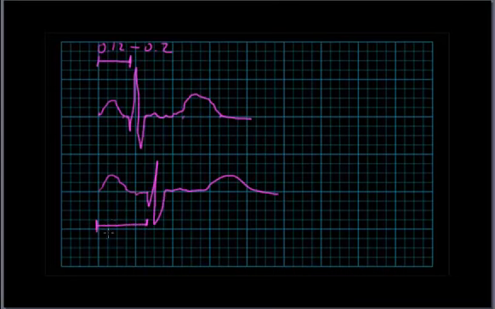In this case, the PR interval is 1, 2, 3, 4, 5 little boxes. So that's just on the long end of normal. That would be 0.2, or we might see something like this. So here's a P wave, and then an elongated portion here, and then